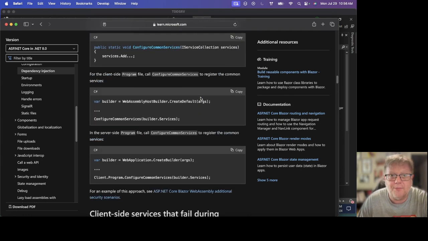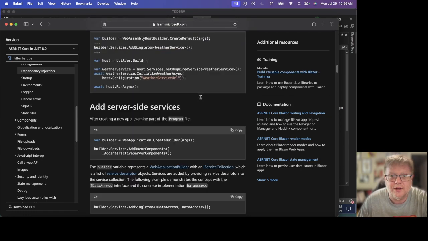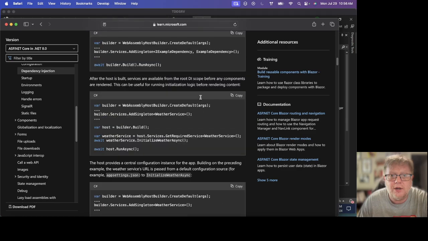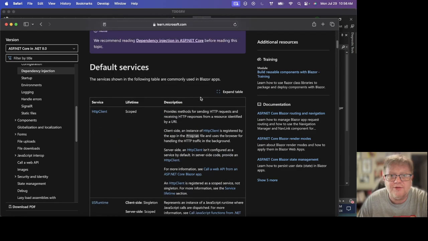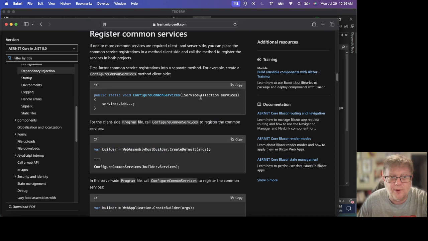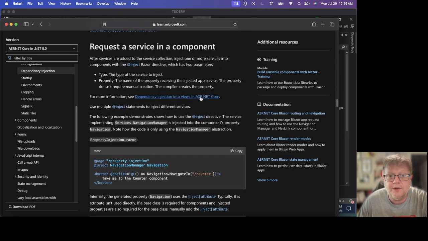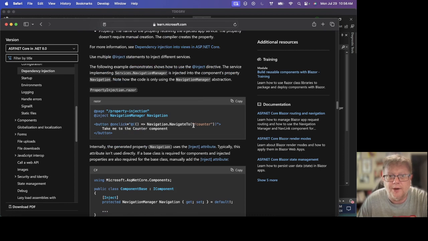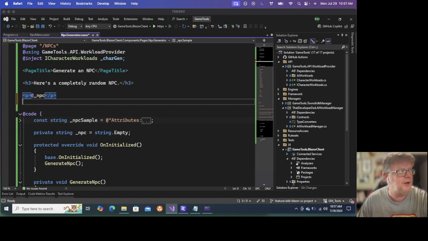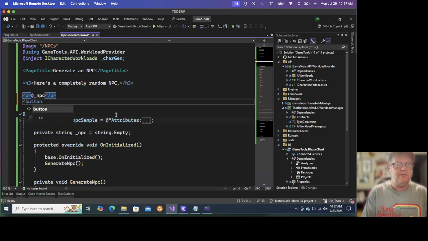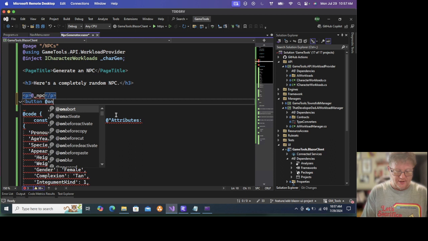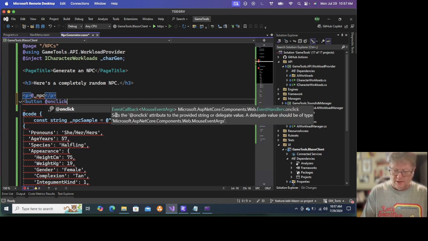That's closer to the top. Yeah, here's stuff. That's not what I wanted. Failed during pre-rendering. Here we go. Button on click. I'm going to pull this over to my other screen for a minute. And I'm just going to go button at on click equals